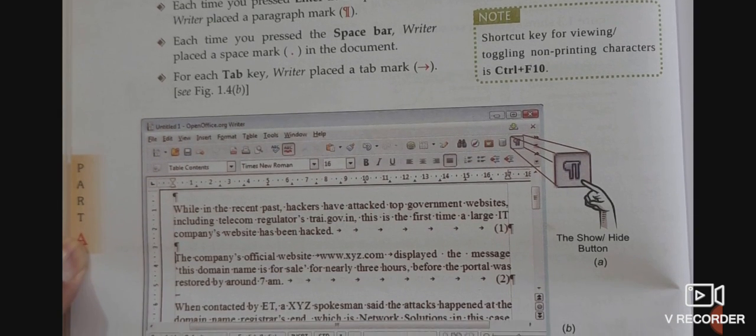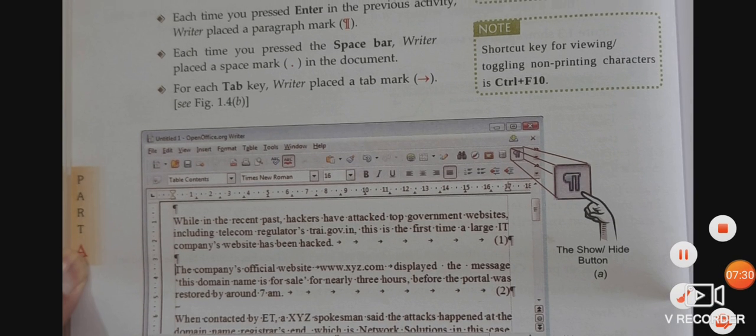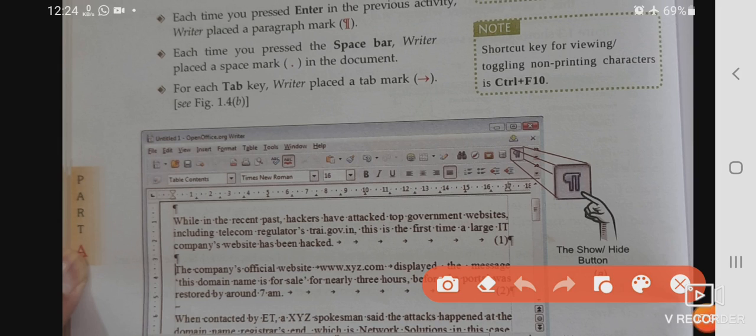So how can you get these non-printing characters? Children, you can see this icon on the standard toolbar, an inverted P or mirror image of P. When you click this, it is also known as the show hide button.